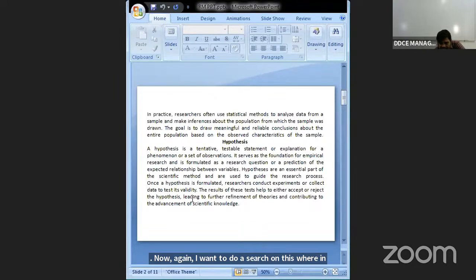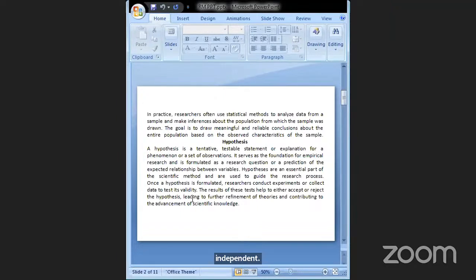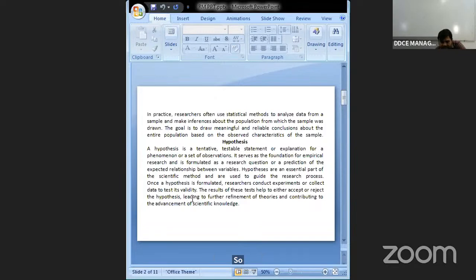Now, again, I want to do research where, suppose, the MBA department of distance MBA specifies a time period for their study, meaning I give them a timetable, and I want to know the result in their exam. Who is dependent, who is independent? I will check the result.